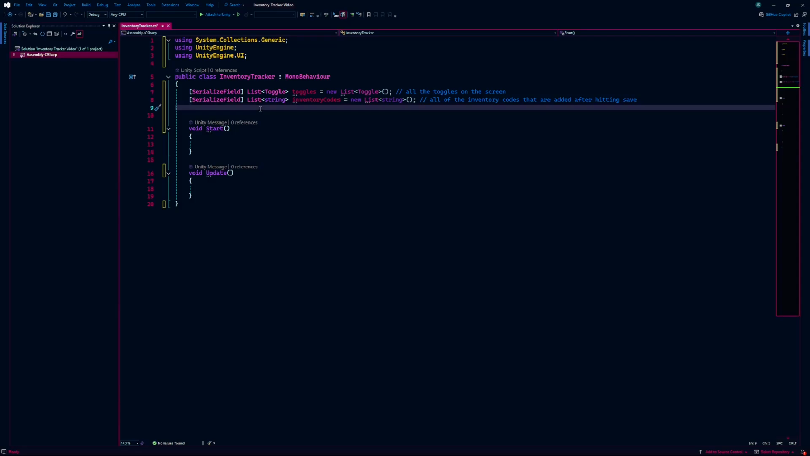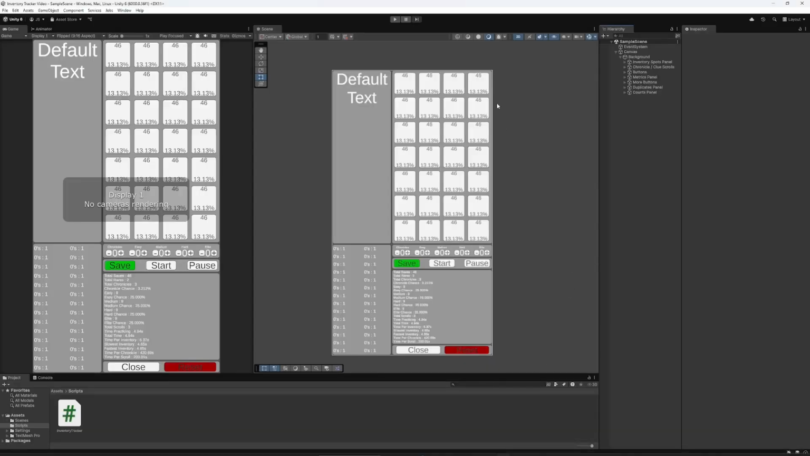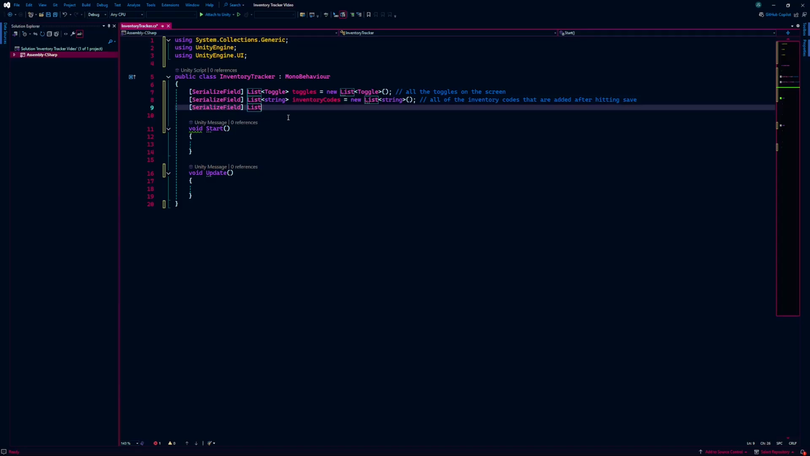The next thing we want to use a list for is all of our rares. What I mean by rares is all of these numbers at the top of our toggles will represent how many rares have been found on that spot. I'm just going to use a list, a 28 long list to represent each one of these spots and the value it holds. A serialized field list, and we'll do float, and I'll just call this rares equals new list